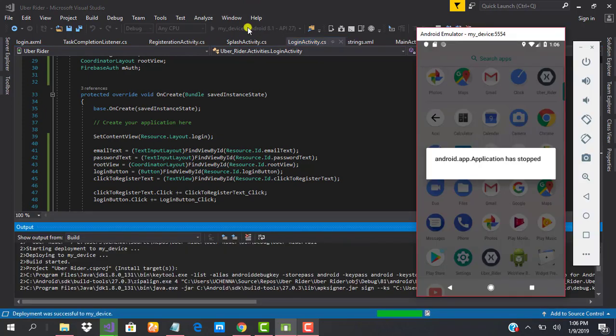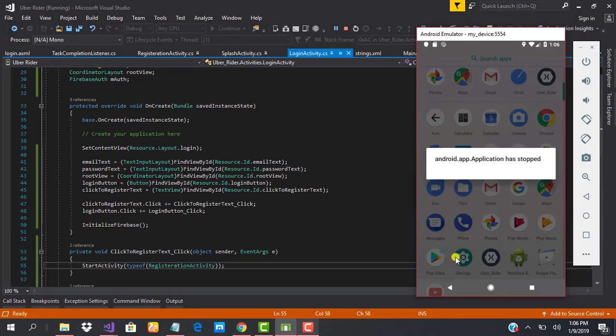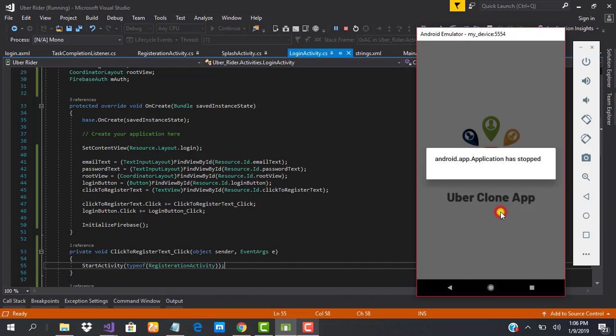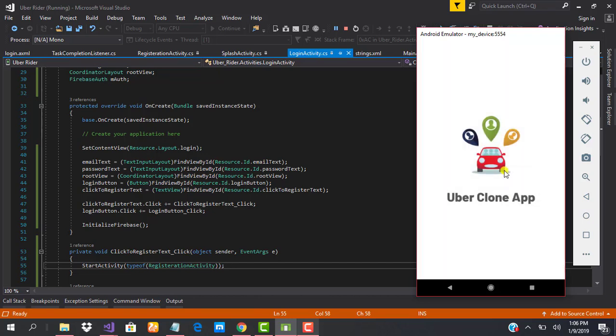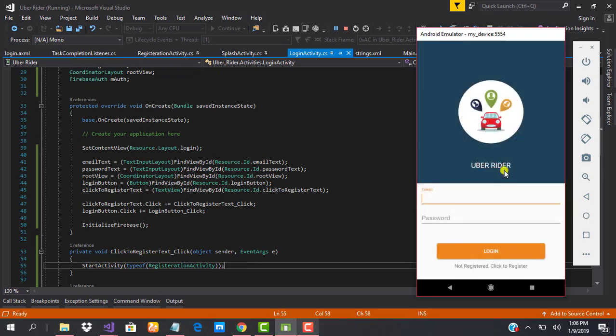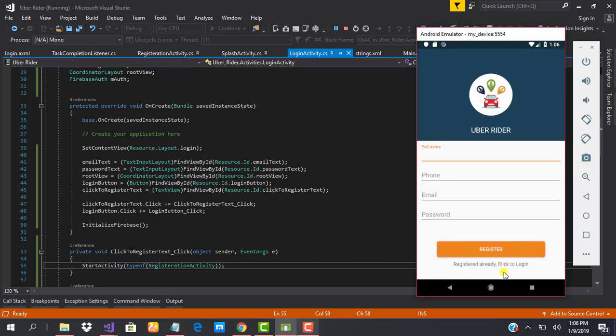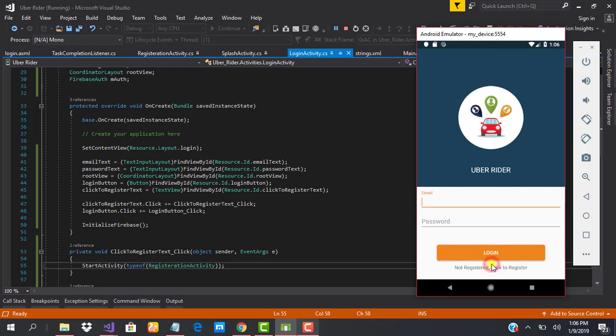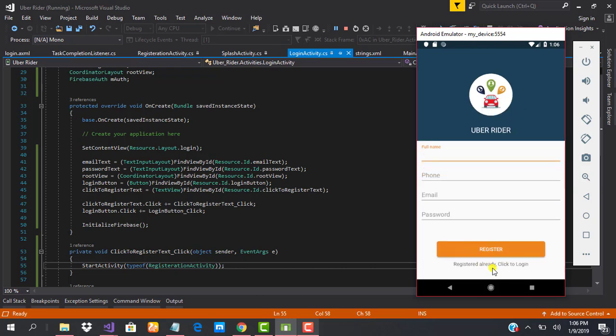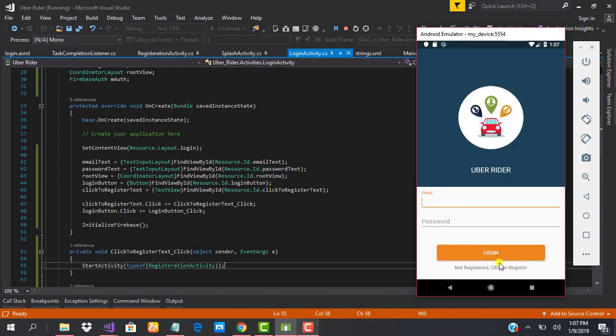Okay, so our app is deploying. All right, good. So let's click here. Bam, registered already. Click to log in. So guys, this is the experience that we want to have. So when the user is not registered, he can just click to log in. And when he comes to log in and he's registered, he can just click to go back. So it's such a simple